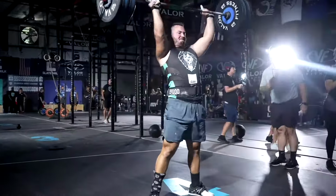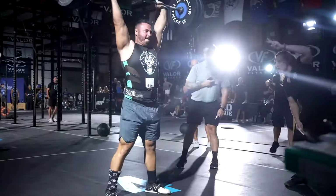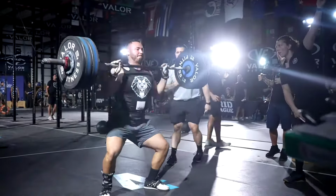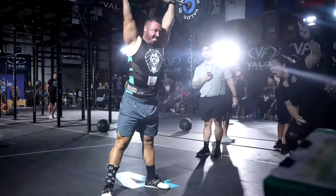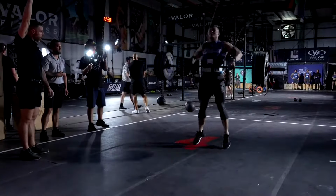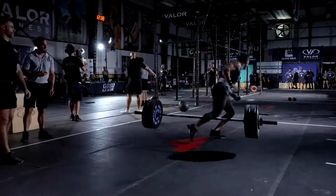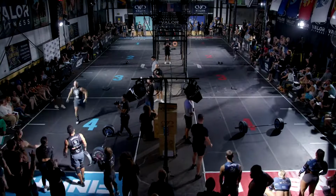3 clusters, 250 pounds on the bar. Oh, yeah, he's going to wreck it. To make it 8 straight race wins. Eduardo Rodriguez is going to close it out, and the Lions are going to take this match